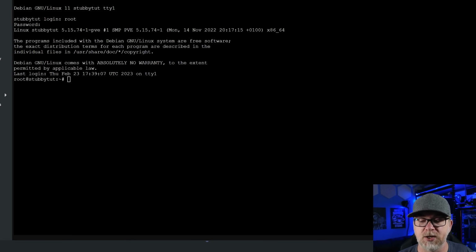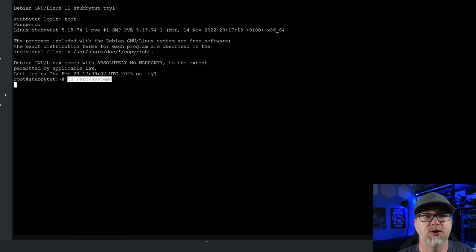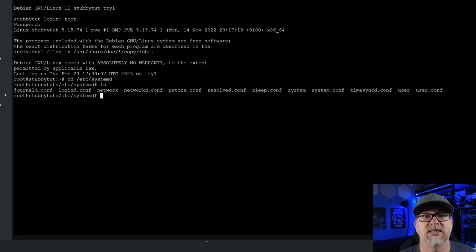And the first thing that I want to do is change directories into etc/systemd. And then once I'm in here, if we do an ls, we can see that what we're going to be looking for is this resolved.conf file right here. So I'm going to do nano